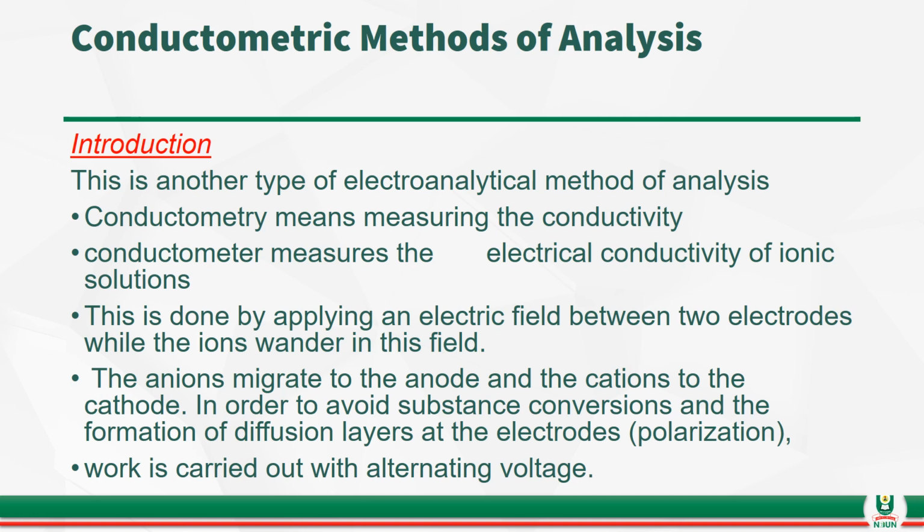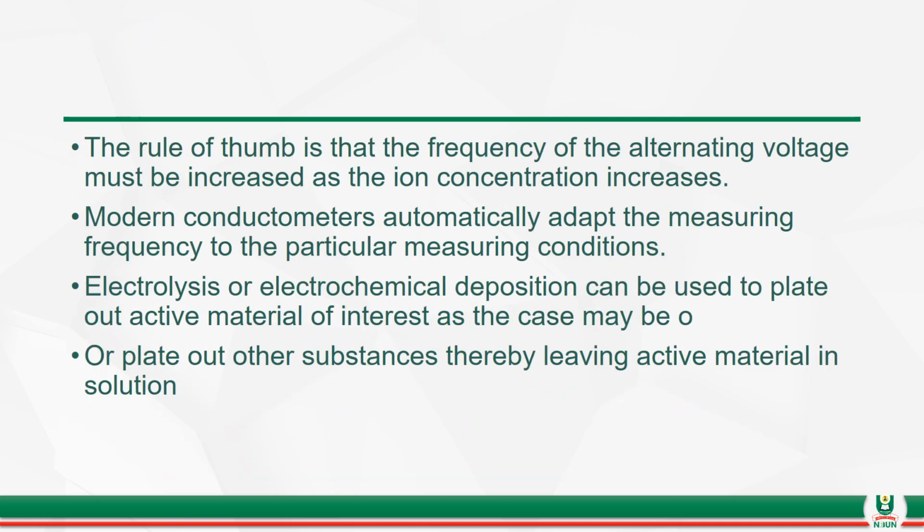In order to avoid substance conversions and the formation of diffusion layers at the electrodes, work is carried out with alternating voltage. The rule of thumb is that the frequency of